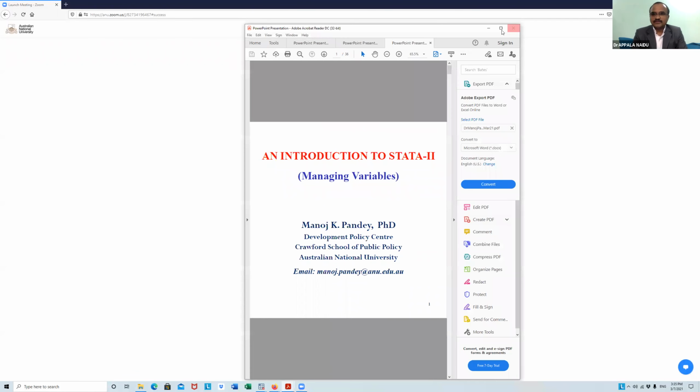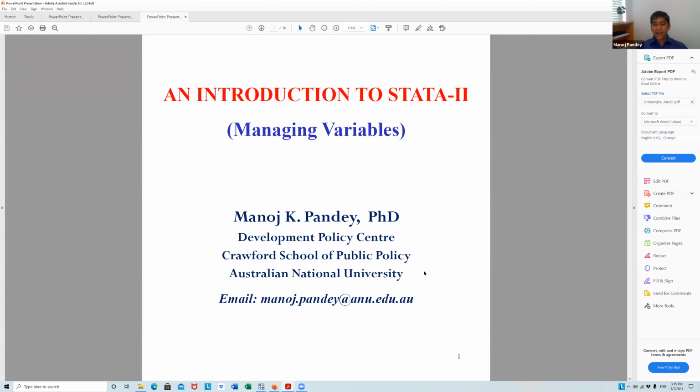So basically, let me just start. All right. So what we did yesterday was just an introduction to Stata, and it was quite preliminary. My objective was not to actually teach Stata yesterday, but to make sure that you know how to open Stata, where the command is written, where the output comes, what the different types of do files and log files are, and what you can do in Stata.